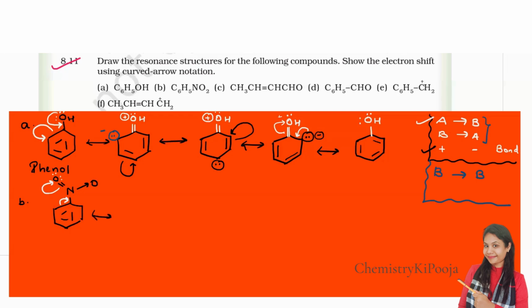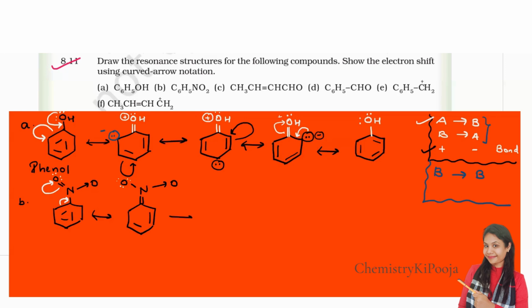It will be the benzene ring, then nitrogen, double bond. This will remain as it is, the coordinate covalent bond. Instead of the double bond, now I'm going to put a single bond. And instead of two lone pairs, we are going to put what? Three lone pairs, because that pi bond has been converted into a lone pair, right? And then what are we left with? We are left with these two bonds. So as it is, I'm going to draw.